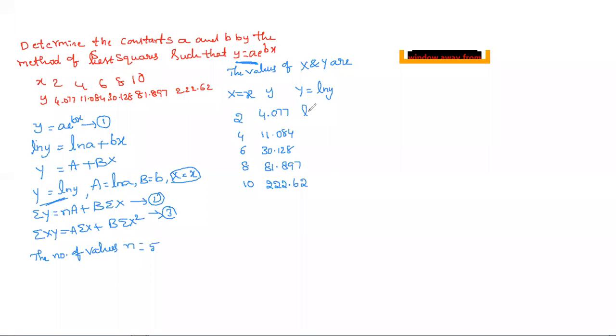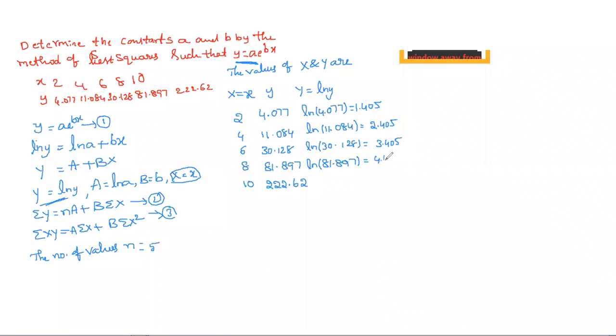And ln of simply 4.077. How much did we get? 1.405. Next, in the same way, ln of 11.084 is nothing but 2.405. And next one, ln of 30.128 is equal to 3.405. And next, ln of 81.897 is equal to